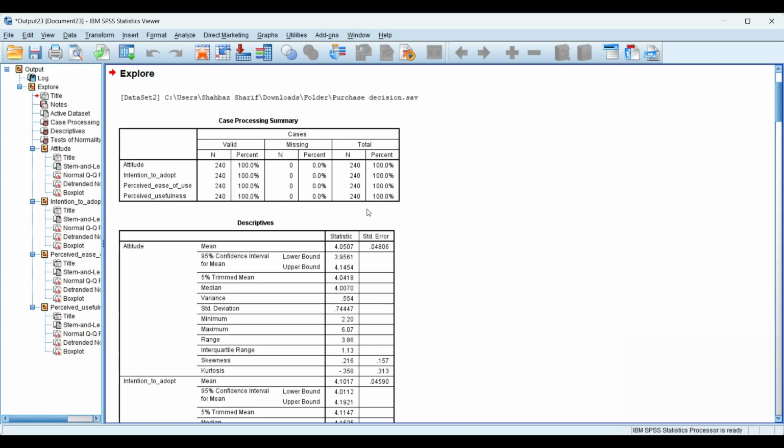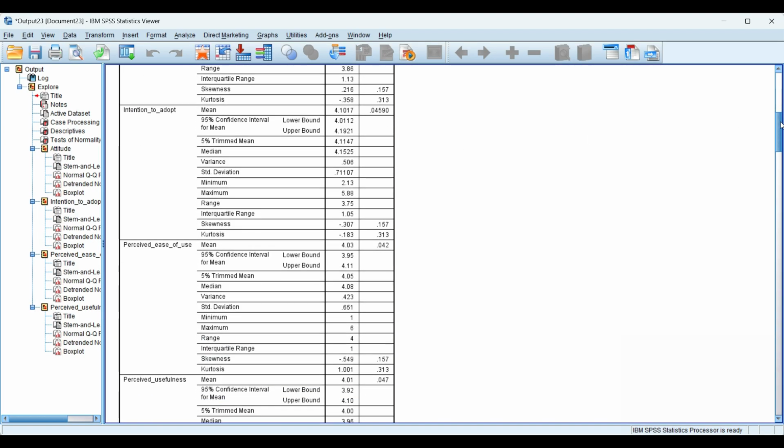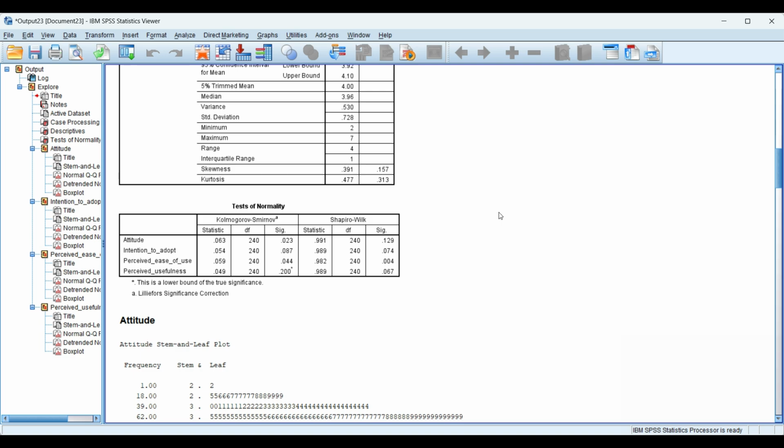So we have successfully run the normality test here. You can see the descriptive statistics: mean, confidence interval for mean, trimmed mean, median, variance, standard deviation, minimum, maximum, range, interquartile range, skewness and kurtosis. Okay, so the most important thing is the test of normality, in case of the Kolmogorov-Smirnov test and